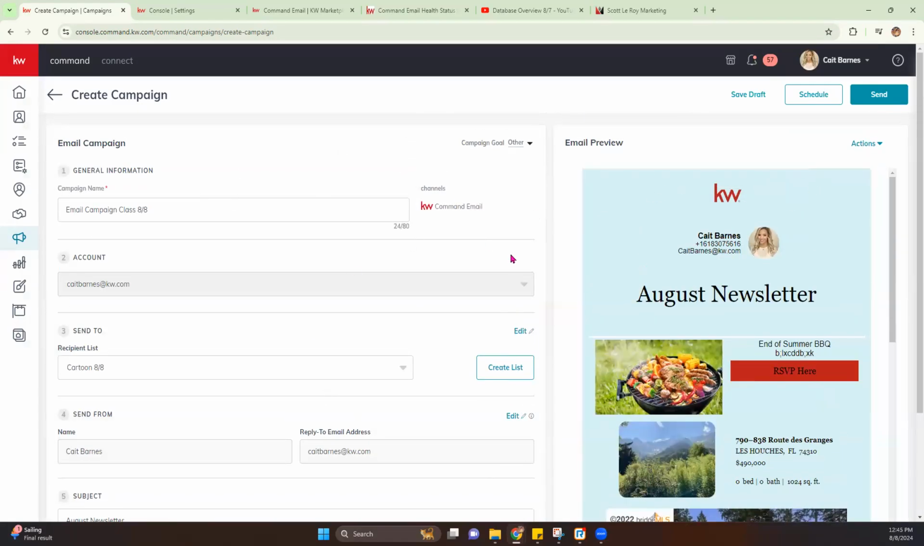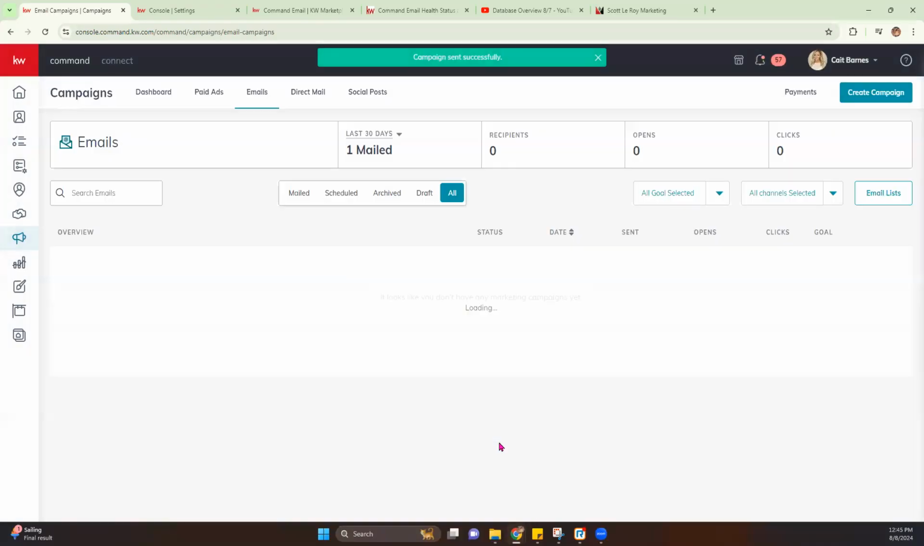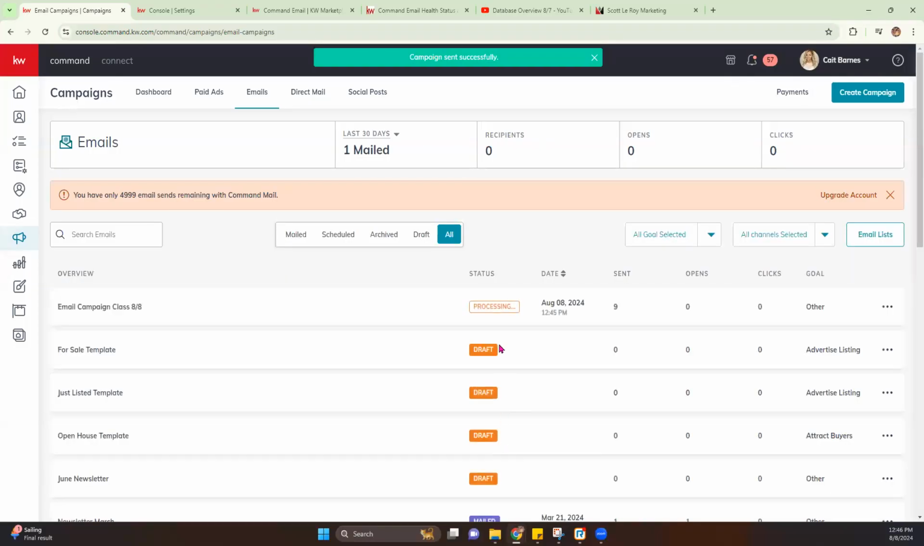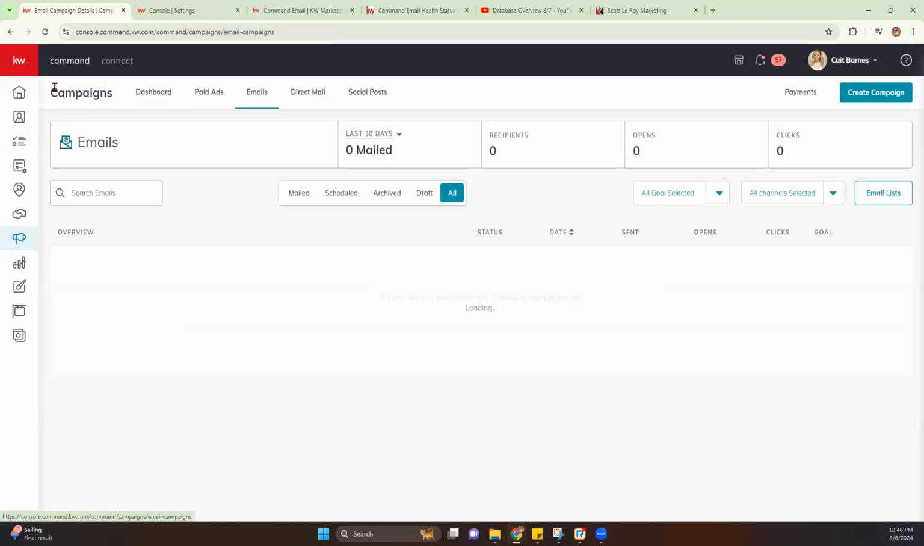Now we're all set. So I'm going to go ahead and send this. And it's going to show processing. And when that starts to be received and updated, it will start to update that information through here, as well as when I click on it, I will start to see the other information here. Now, this is going to probably be a whole bunch of not sent because they're all made up emails, but